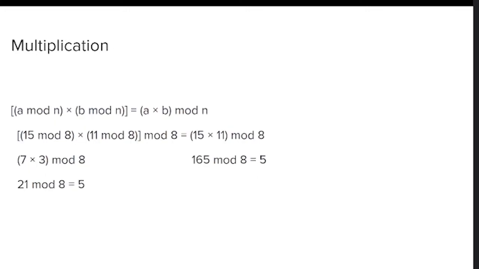Next, Anala. Multiplication টাও একই, like literally it's the same thing. 15 mod 8, 11 mod 8 separately 7 or 3, 21 mod 8 করলে we get 5, and if we multiply 15 and 11 we get 165 যেটার mod 8 করলেও 5-ই আসবে।